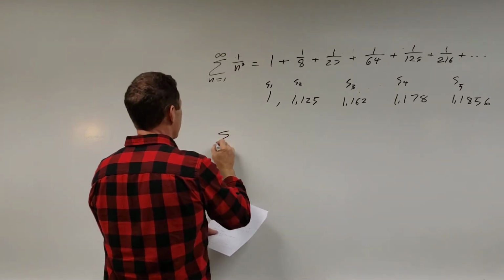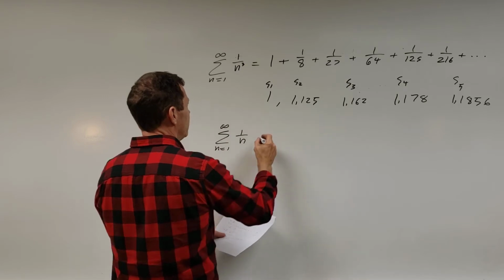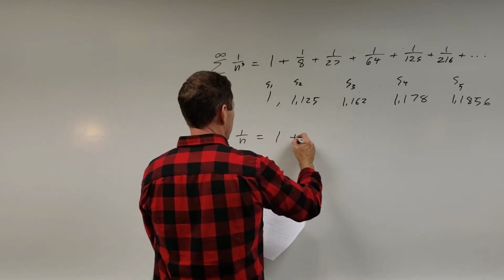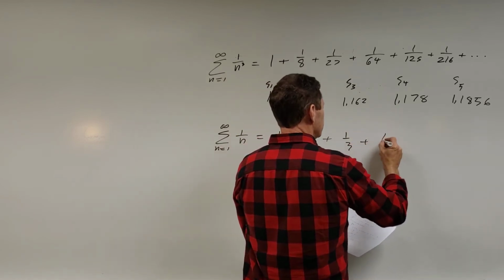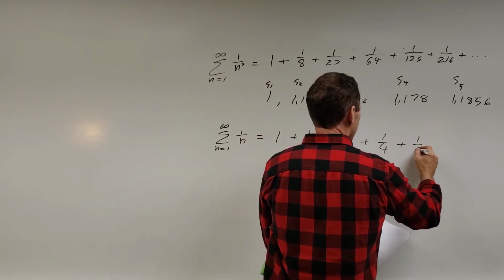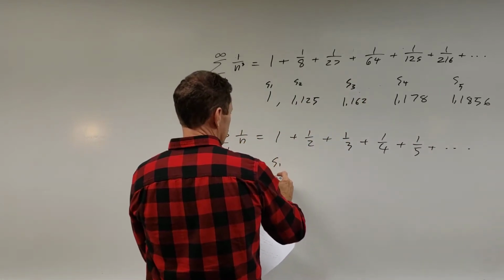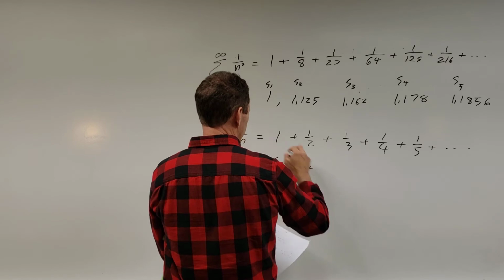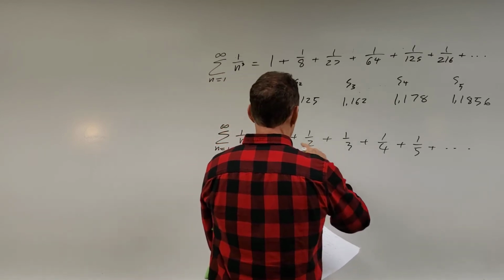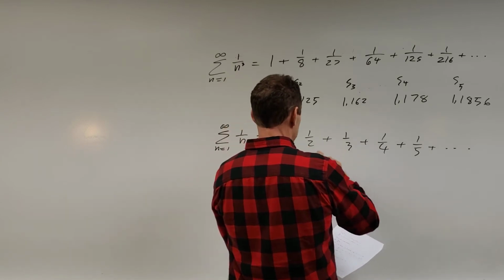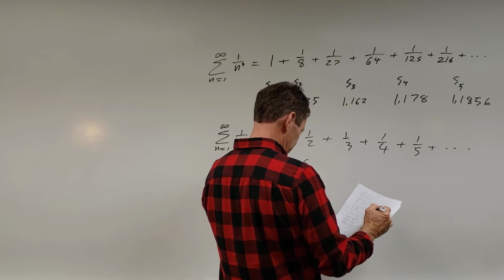What about if you have the sum n equals 1 to infinity of just 1 over n? Well, that's equal to 1 plus a half plus a third plus a fourth plus a fifth plus, and you do that forever. Now, S1, that's 1. S2 is 1 plus a half, so it's 1 and a half. I can do that in my head. And then I got to add a third, so 1 and a half plus a third in decimal, that's going to be